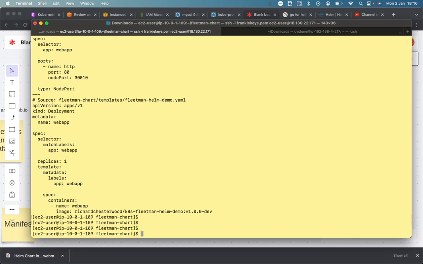We're going to have two different deployments, one for production and one for dev. So now this is what we'll do. Helm install, release name. Let's call the release name